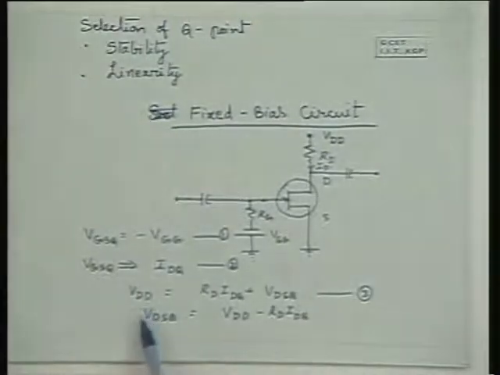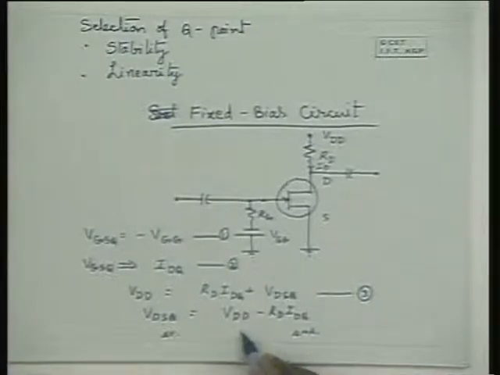One can go for, say, if this is 4 milliamperes and you want say 4 volts, one can use an 8-volt source and 1K resistance. One can go for even 2K resistance and 12-volt source. You have different choices possible. So you have to stick to a particular choice and then complete the design. So design is as simple as that.